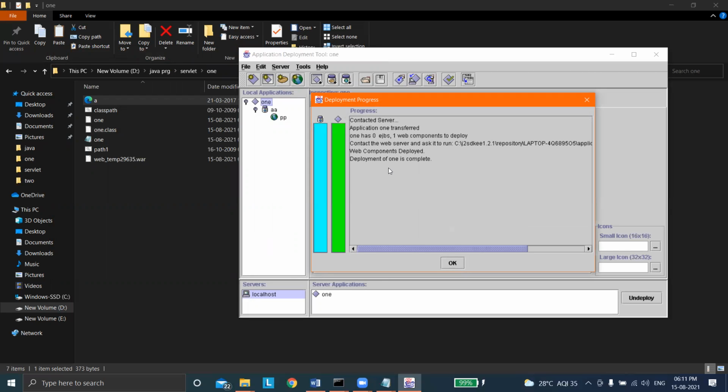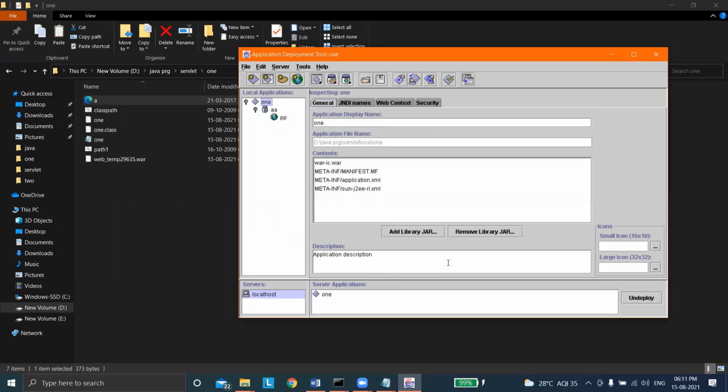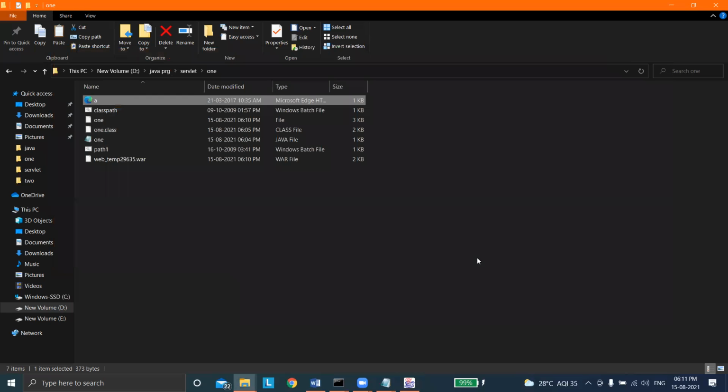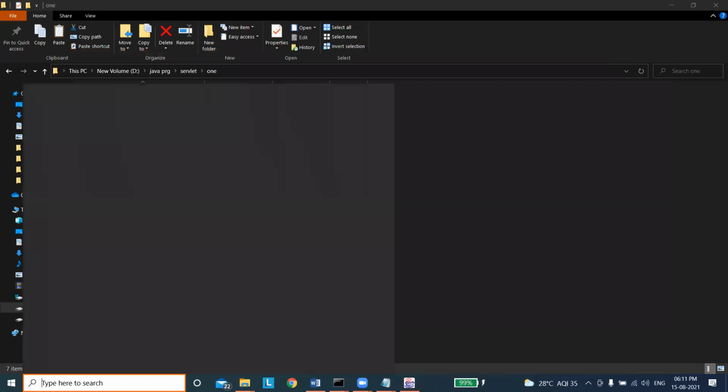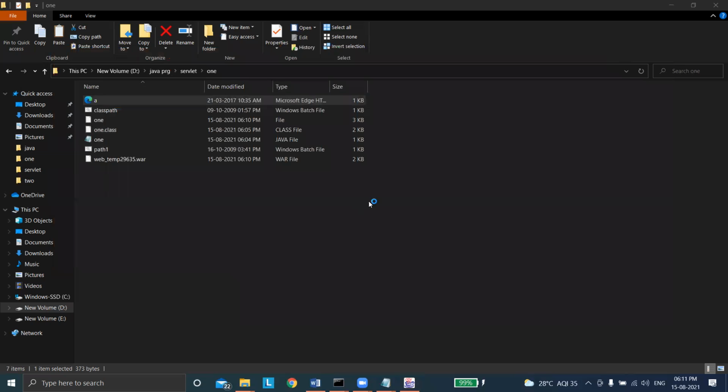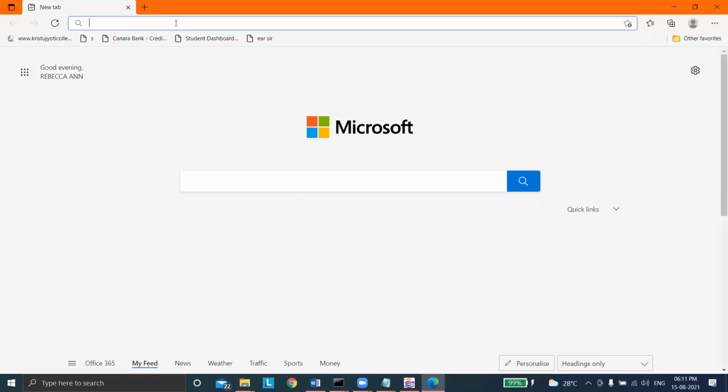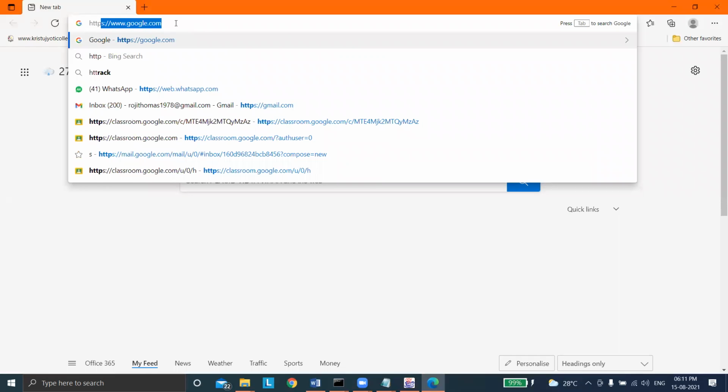Now you can see that the deployment progress has been finished. I press OK. So now the program is ready to run. Okay, I minimize it. Now I take any web browser. Let's say I'm taking Microsoft Edge. So then, to run, I can just write HTTP